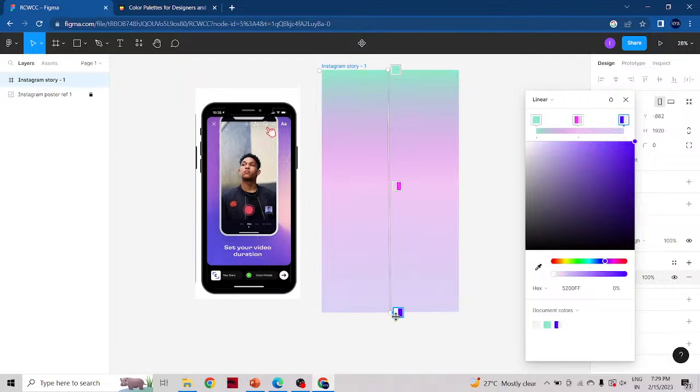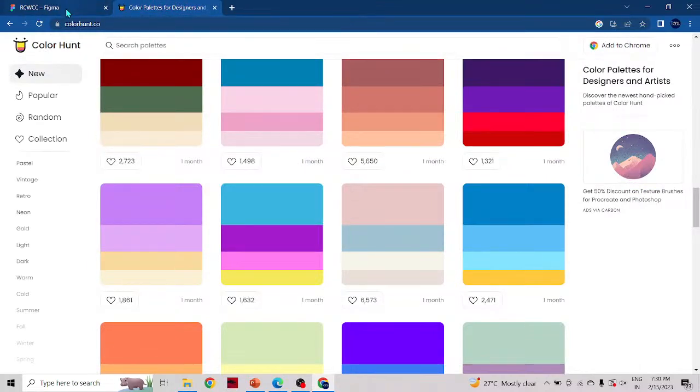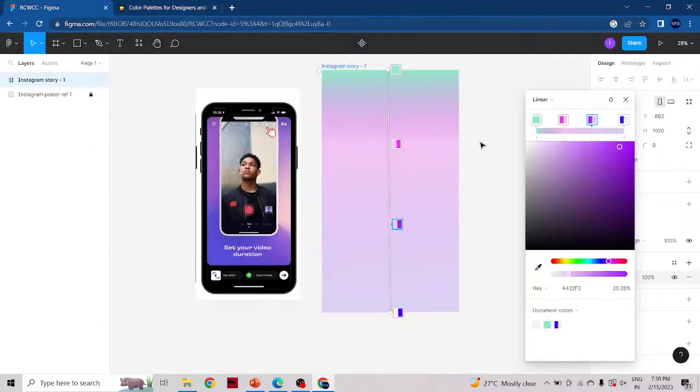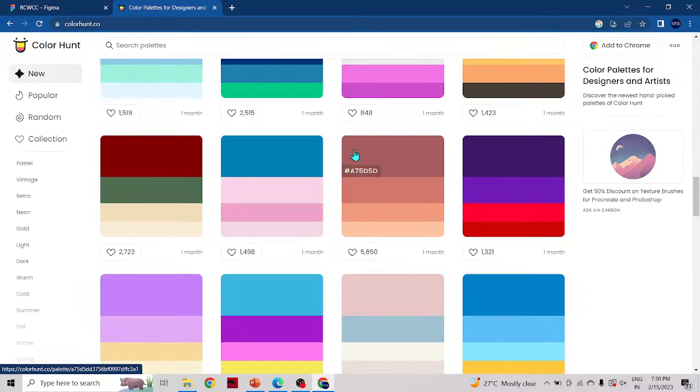Okay, so now what I will do is I will operate some four different color nodes. I am going to bring in this same color theme which is here. Before I do that, I will show you how color palettes appear when you are bringing them as a gradient. For that, I'm selecting the first node. Once I have selected the first node, let me go to the color palette. Here I will choose this particular color palette